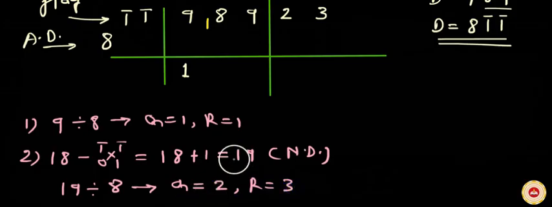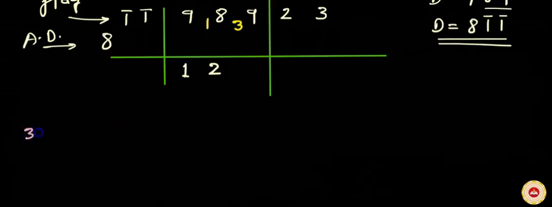So write quotient digit 2 below the gross dividend 18, and write remainder 3 as a prefix to the next digit in the dividend, which is 9. Now read these two digits 3 and 9 as 39. This 39 is the gross dividend. Now let us calculate the net dividend out of this gross dividend 39. So friends, please pause the video and write these two steps.